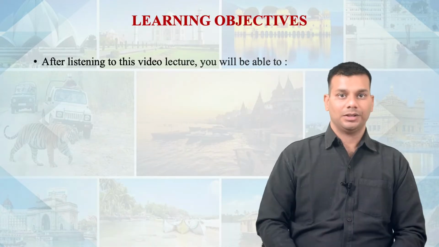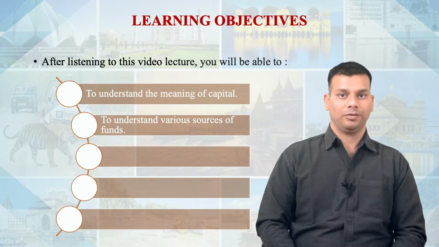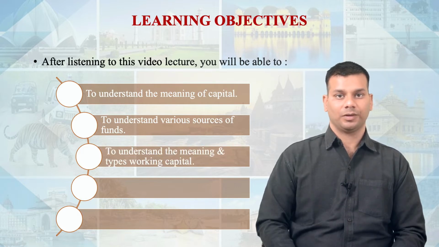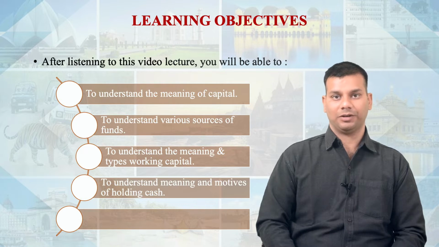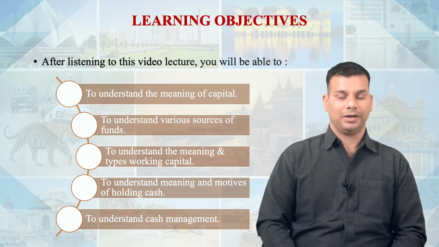In our first lecture, we discussed the basics, that is what is finance, what are various financial functions, and what is financial planning. Now in this lecture, we will discuss the capital. We will discuss in a little more detail the various sources of funds. Then we will discuss working capital, what is the meaning of working capital, and what are its various types. Then we will also discuss cash, the various motives of cash, and we will understand cash management. So first of all, we will discuss the meaning of capital, or how to raise the funds